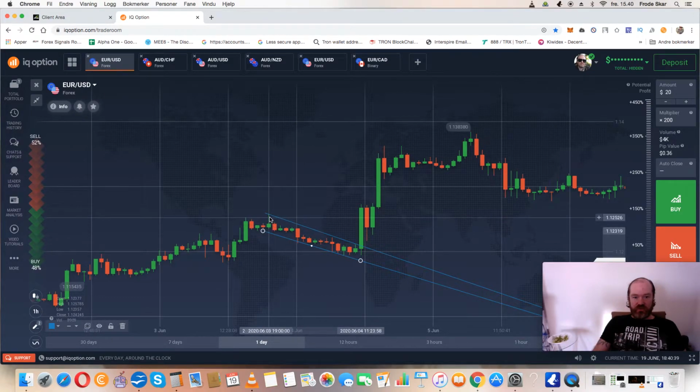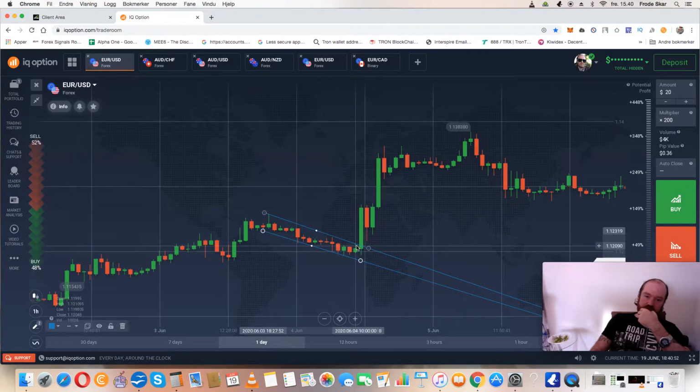So let's say you start here, you don't see anything, right? But you start to see it here. So then you mark up, and then you put the lines down like this. And then basically what you do, see here now, when you cross, I'm pointing with the mouse and you don't see where I point. When you see a bar starting to go out much from the trend line,